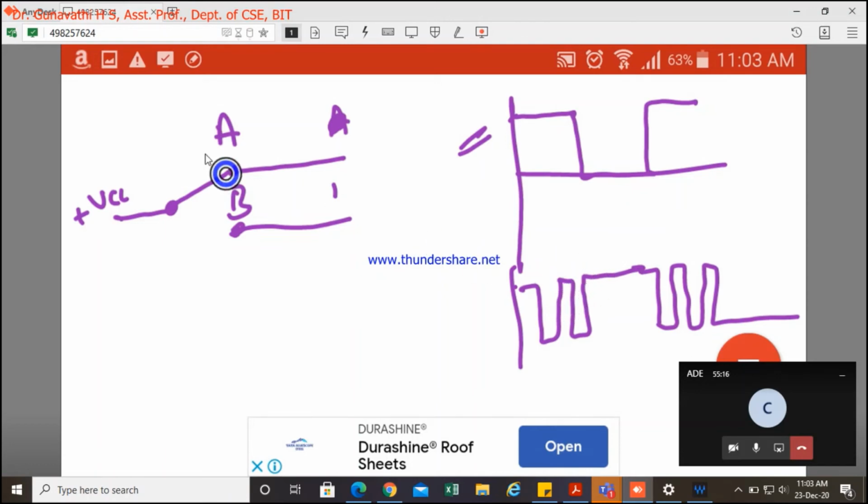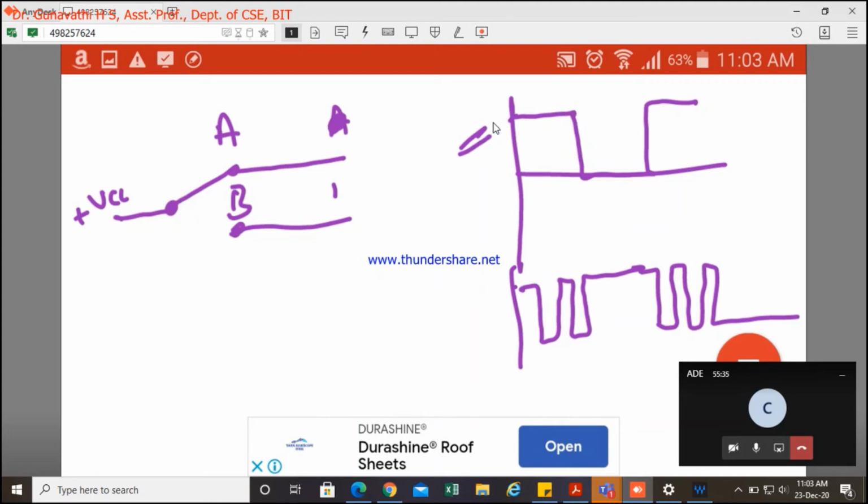Either for A or for B, the effect of the switch is a bouncing. As soon as I make this on or off, it will not give the expected output.